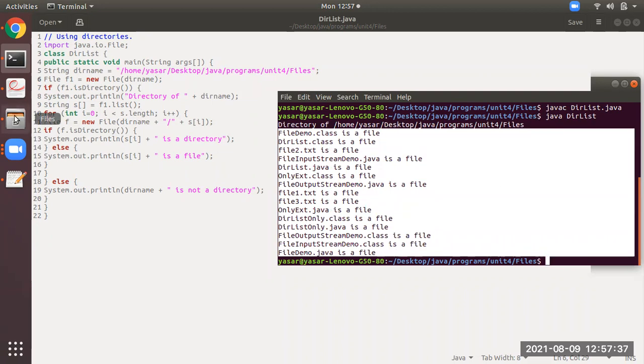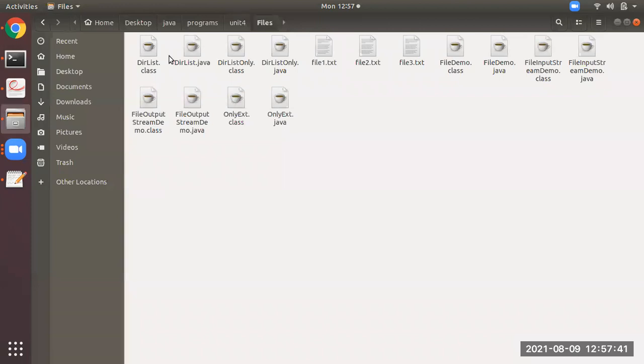See, students. I'm sure, first of all, before seeing this output, you see here. What is the thing this directory is consisting of? It is consisting of DirList.class, DirList.java, DirListOnly.class, so on till, see here, file1.txt, file2.txt, so on till OnlyExt.java.